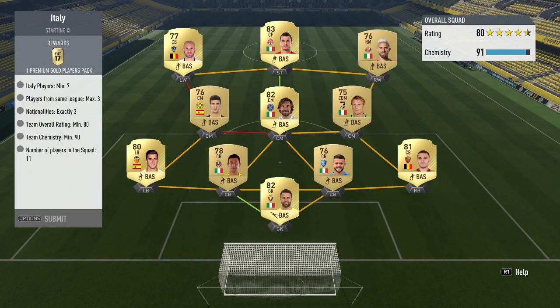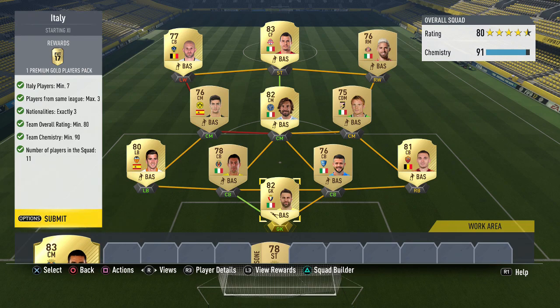For the Italian challenge, you need to have at least 7 Italian players, but you can only have 3 players from the same league, so that is already a reason to build a pretty decent hybrid. So what I did here is I used two Italian players from the MLS, I used 2 Italian players from Liga BBVA, and I have 1 Italian player from the Premier League, and I filled the remaining 4 positions